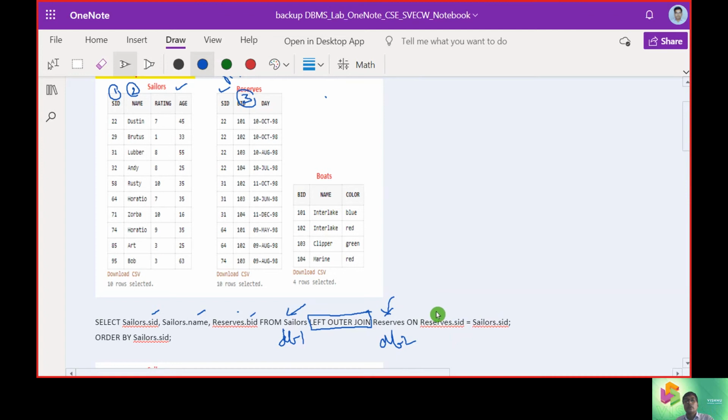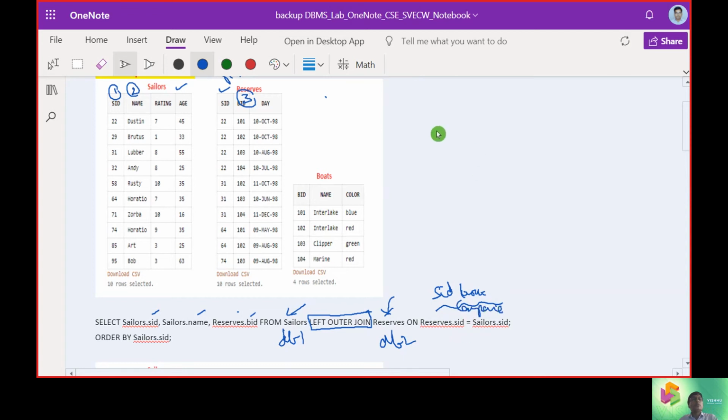The condition we will look into is that the Sailor ID should exist in both. Now the Sailor ID in both, we are going to compare.